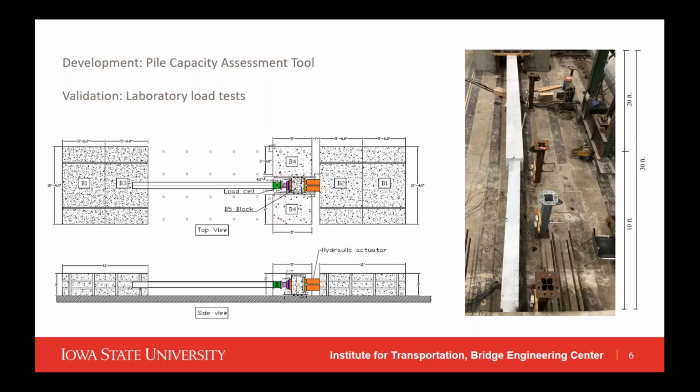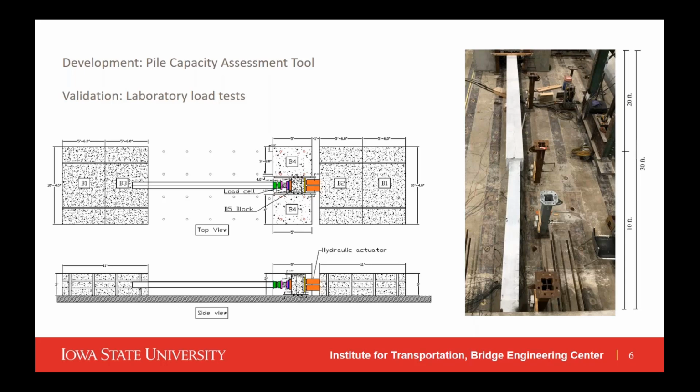So below the concrete encasement, the steel pile is exposed, and depending upon how much of that pile is exposed, there were some concerns with the remaining capacity and what measures the DOT would have to take in order to either repair or provide additional capacity to that pile bent. Once that pile capacity tool was completed,